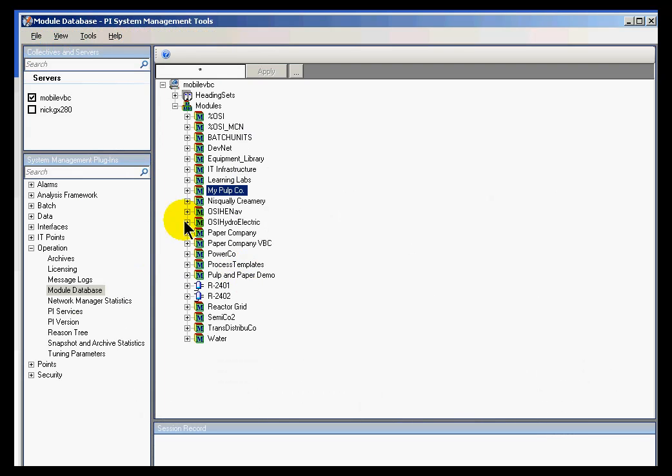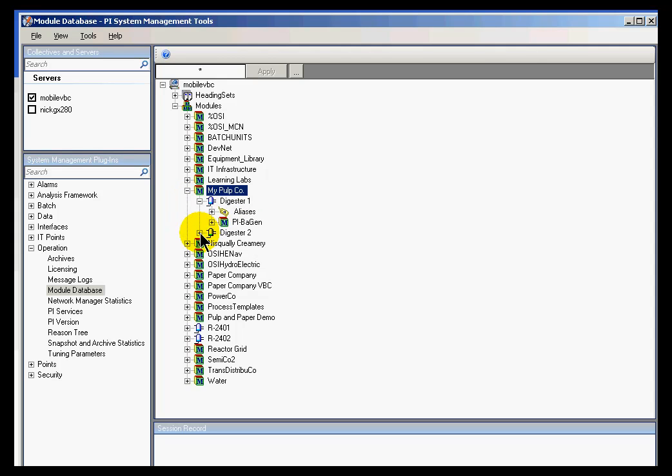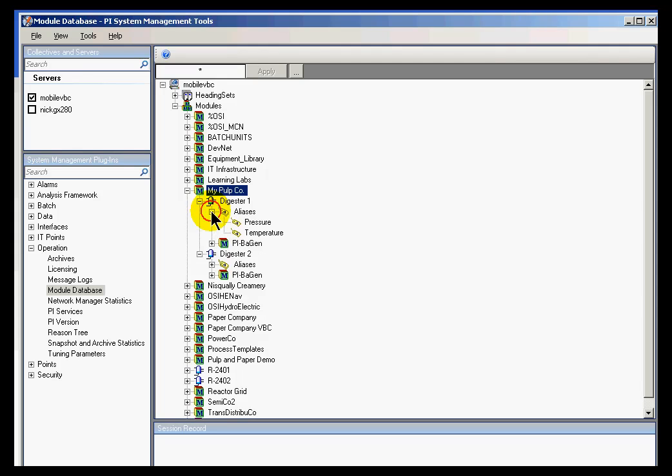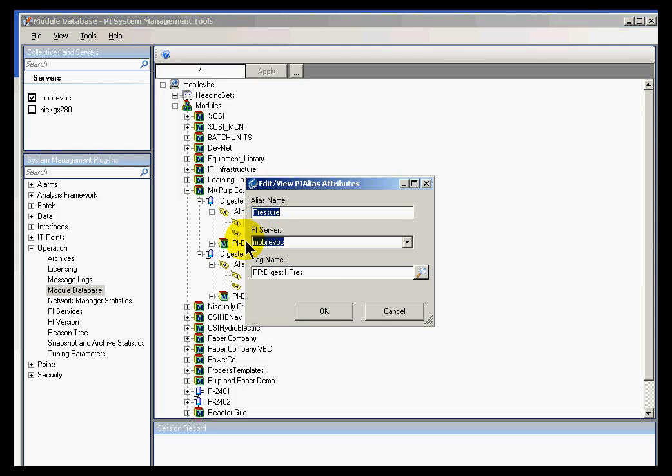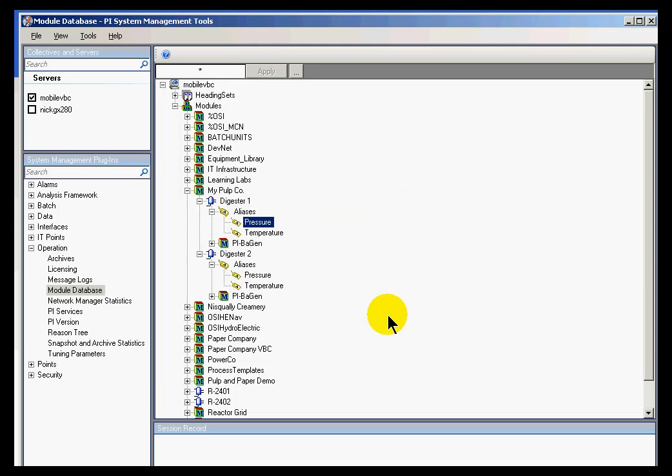So I go over to the System Management Tools. Here's a viewer into the module database. If I go into My Pulp Company, this describes two digesters, digester 1 and digester 2, and each one has aliases that point to the pressure and the temperature associated with those digesters. These aliases, in fact, point to PI tags. In addition, there are other things that we could hang off of that. We could hang things that are not PI tags, that are just simply static values, and those we would call